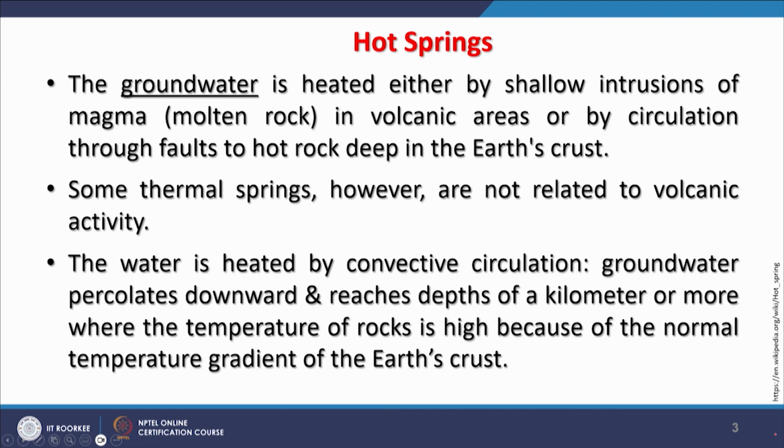And water is heated by convective circulation, that means groundwater percolates downwards and reaches a depth of a kilometer or more, where the temperature of rocks is very high, following the normal temperature gradient of the earth's crust. Now, when we say that it goes to a kilometer, these are just simple estimates. It might be going many kilometers deep in the earth